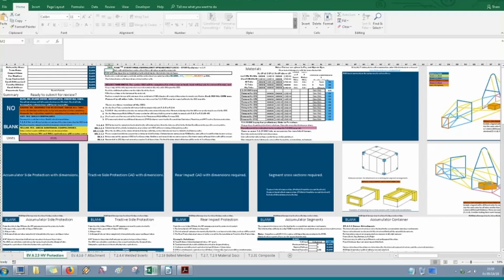You have the bolted members, which we've seen before, the welded inserts, which we've seen before, both of those in both the previous SESs. And the main tabs that are different here, there's the HD protection tab, and there's the attachment tab for the accumulator. So let's zoom in,